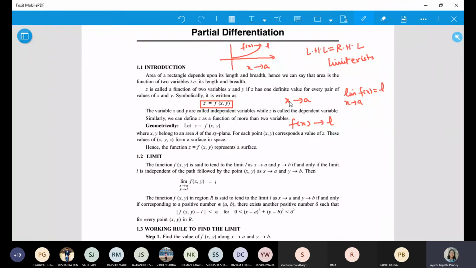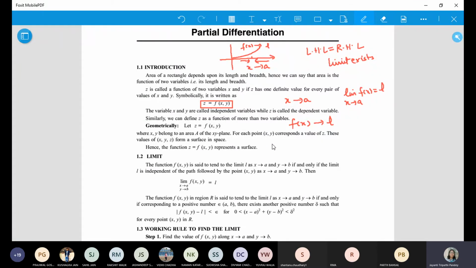Okay? And x approaches to A means x is moving on this line. So there is just one way of approaching to A. That means either x approaches to A from this side to give you left hand limit, or x approaches to A from this side which gives you right hand limit, but the approach is along the straight line, that is x axis. Is this statement understood or not? Yes, ma'am. Clear? Yeah, it's understood. Okay.